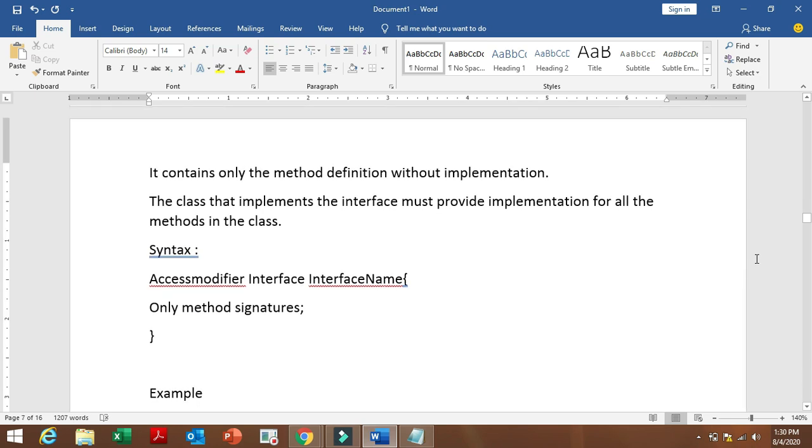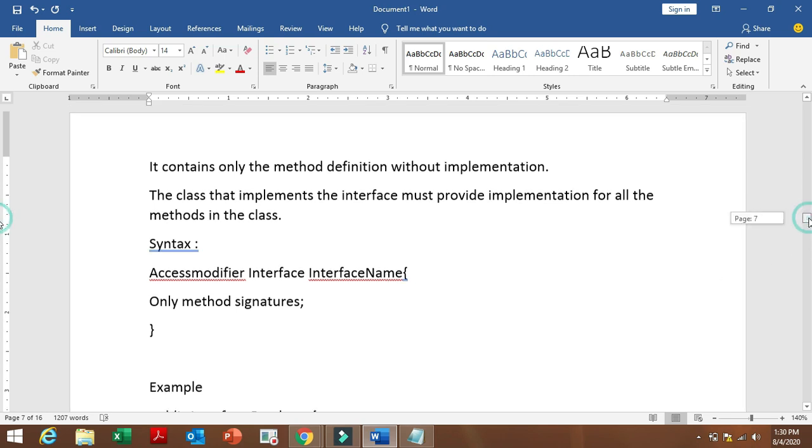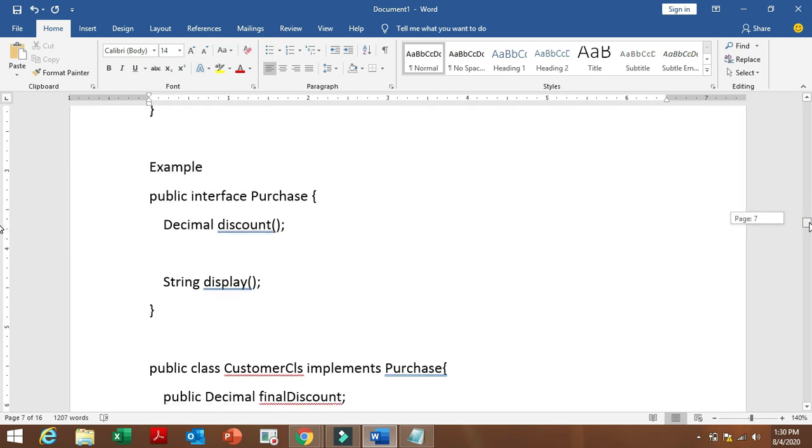Method signatures, but implementation is not provided in this. Let's see what the syntax is. See, first the access modifier and then the interface keyword, and then we have to provide the interface name as you wish, and it contains only method signatures.